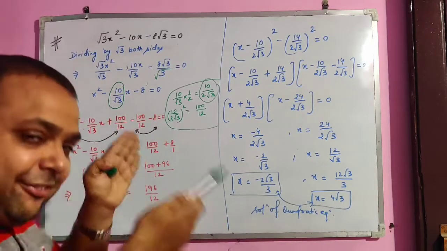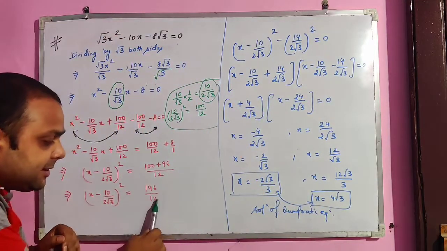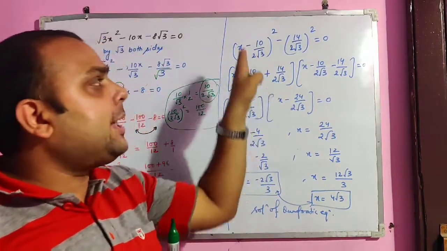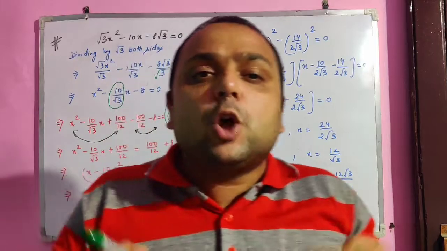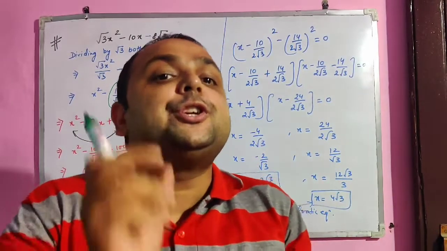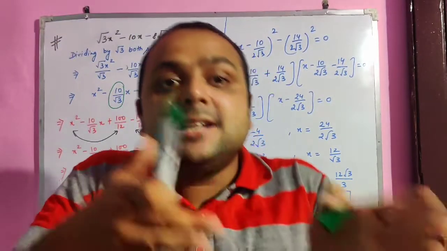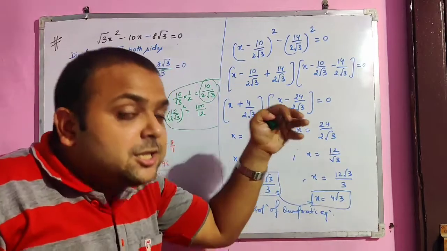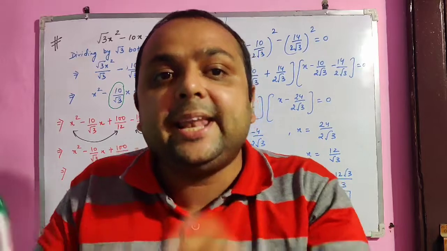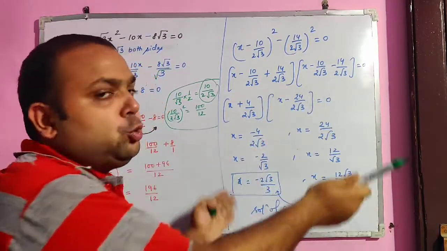Taking this value to the left side and making the RHS equal to 0, this is the square of 14 and this is the square of 2 root 3. So we have written it like this. Now this is the formula we get, a square minus b square. Every time we solve this kind of question, the first step is dividing by a. Second is taking the coefficient of x, multiplying by half, taking the square, adding it and subtracting it. At the last, the expression should be in the form of a square minus b square, that is a plus b and a minus b. Simplifying in this manner, a plus b and a minus b, we get two solutions.